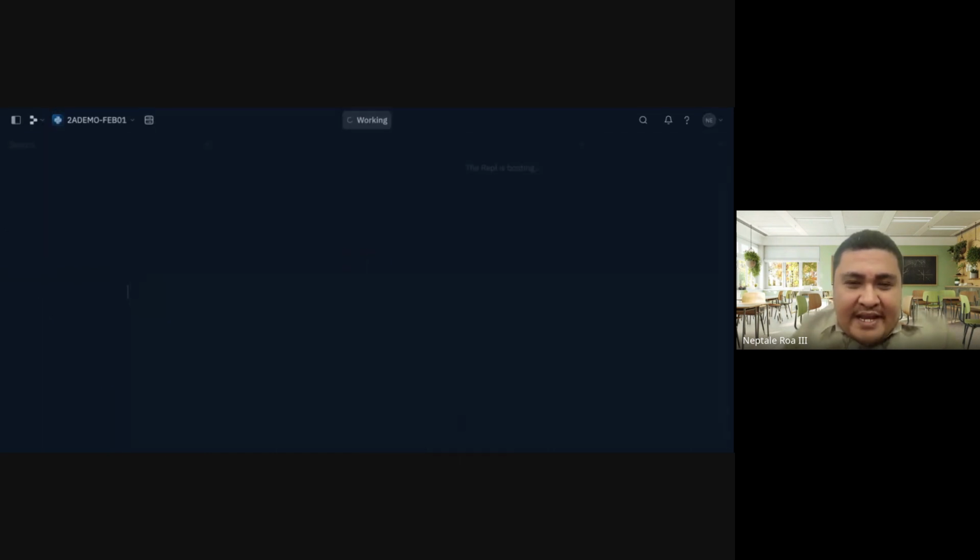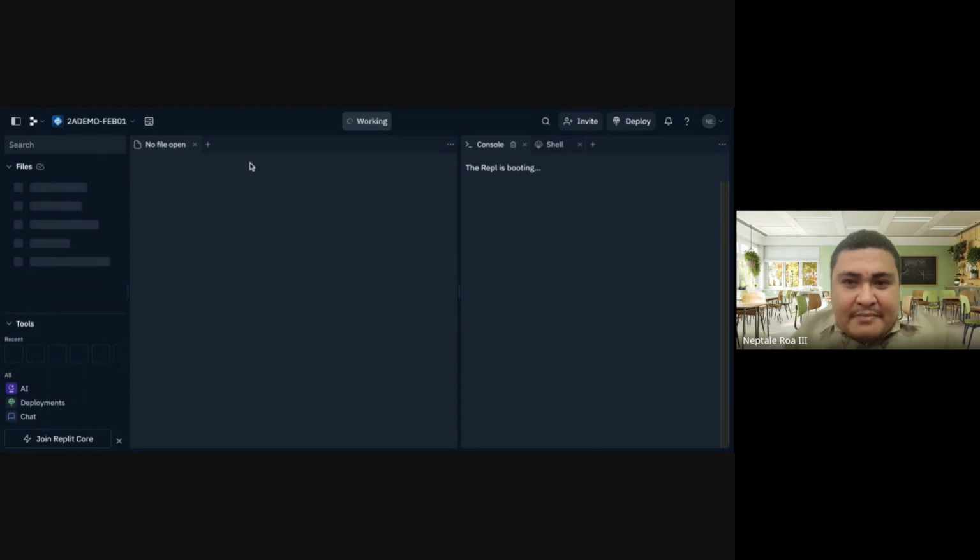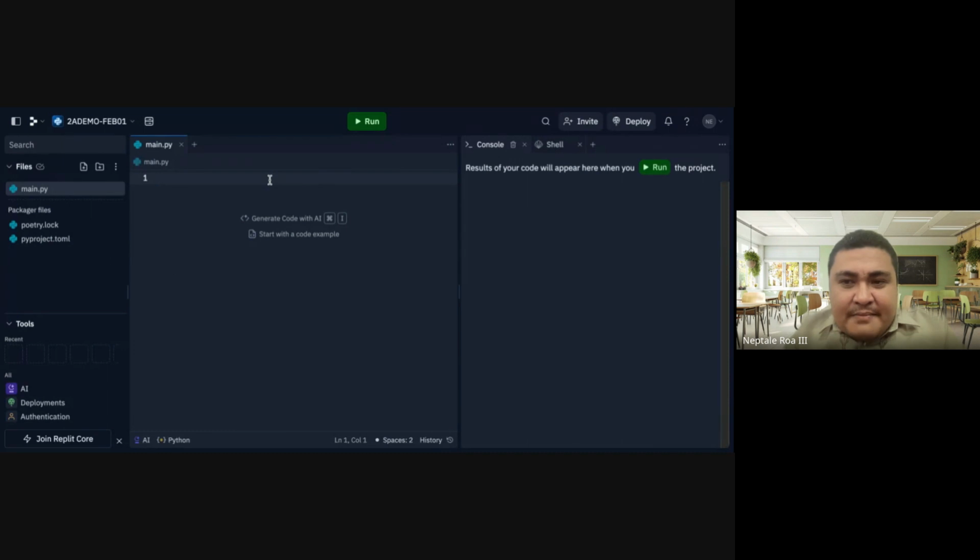Tapos, you will be provided with parang same lang sa ginagawa natin. Like for example, sa Sublime, ito rin yung makikita natin. But with Replit lang is that, in my experience, I use Replit in my web development sa Python. So, may dalawang factors to consider in Replit. The first one is the console. The console is actually the interpreter or the one who will provide you with the output.